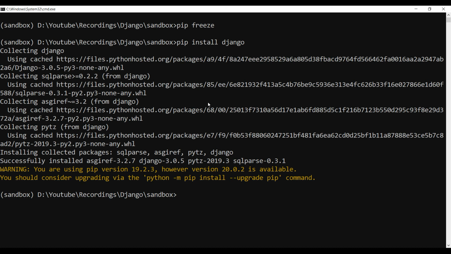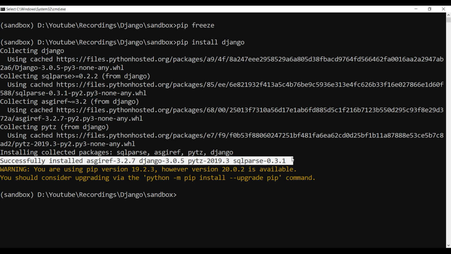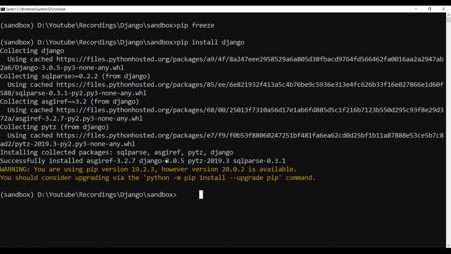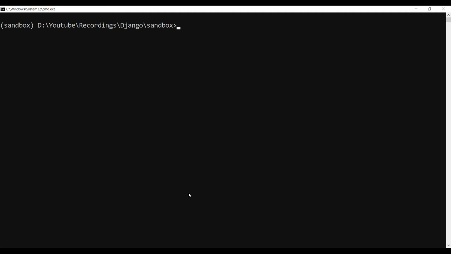Once the installation is done, we should see a success message on the console. Now, to see what version of Django is installed, type the command django-admin --version. For me, it is 3.0.5.